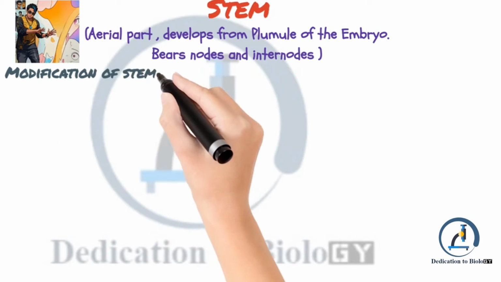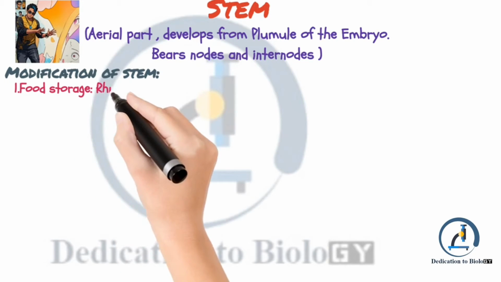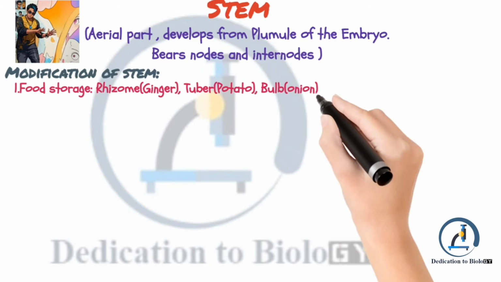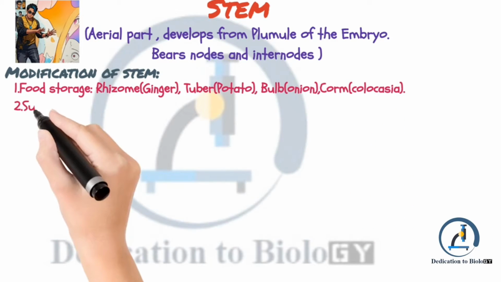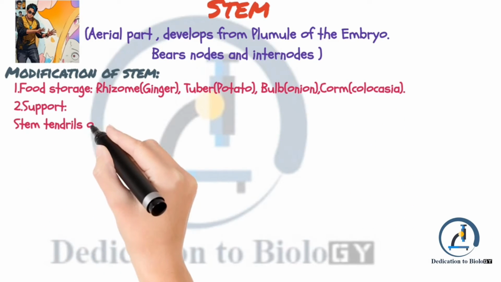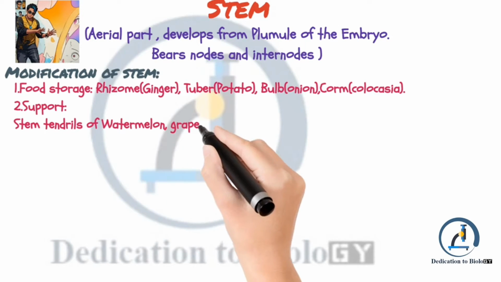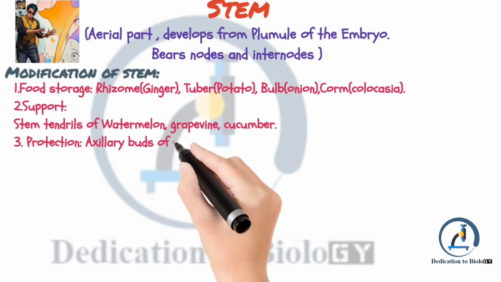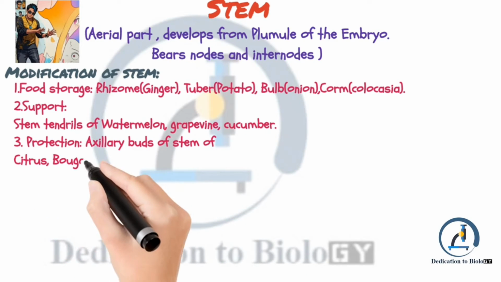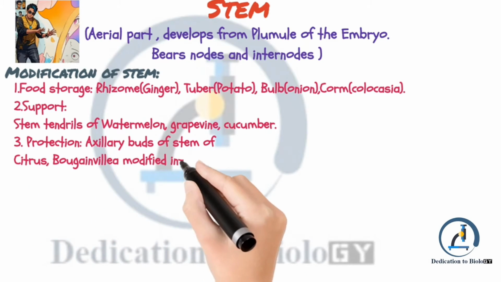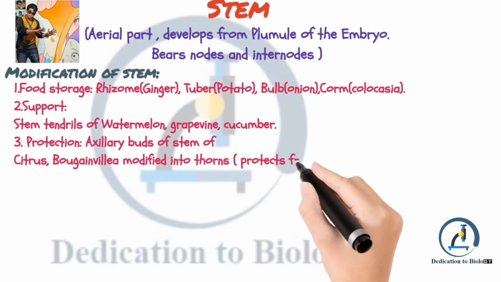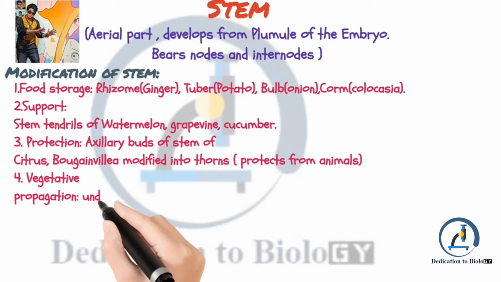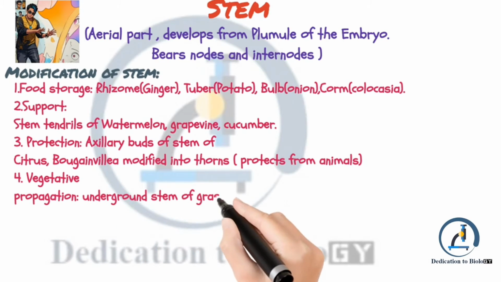Number one modification is food storage. It is rhizome, that is ginger; tuber, that is potato; bulb, or onion; corm, or colocasia. For support, stem tendrils of watermelon, grapevine or cucumber. Next one is protection purpose. Axillary buds of stem convert into thorns, that is citrus and bougainvillea. Vegetative propagation. Vegetative propagation is